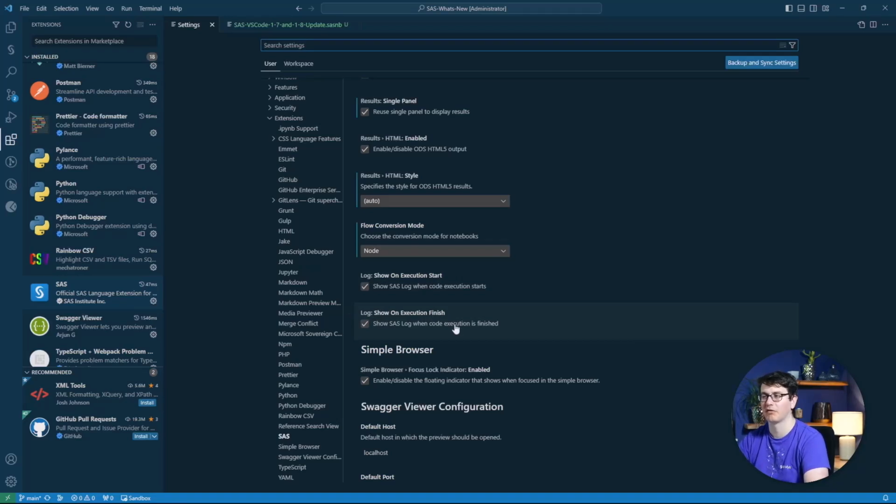This changes the behavior of how the SassLog shows up while you're running stuff inside of the extension. So play around with them to fit your coding styles the best.